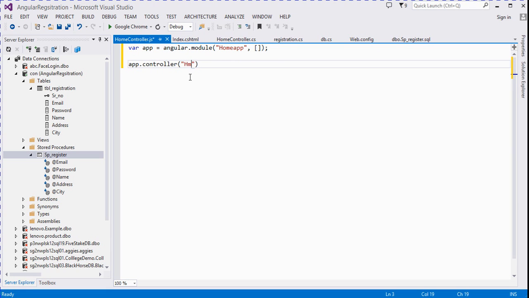You can write any meaningful controller name. Like this, I add a homeController